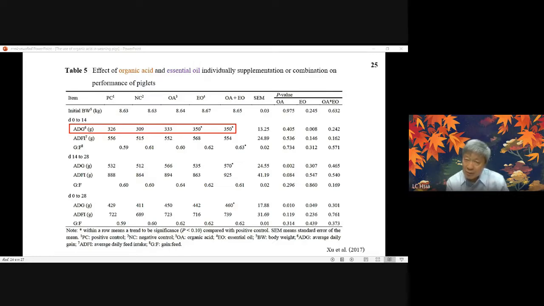And once they have more peptides and amino acids, they go to the small intestine. Then you will immediately stimulate the chymotrypsin, and the chymotrypsin will break down all this protein or peptide in more detail. So they will have more digestive effect. So if you want to be a good nutritionist, to make a good formulation, you have to know the combination, this kind of knowledge. It's not just one piece after another piece.